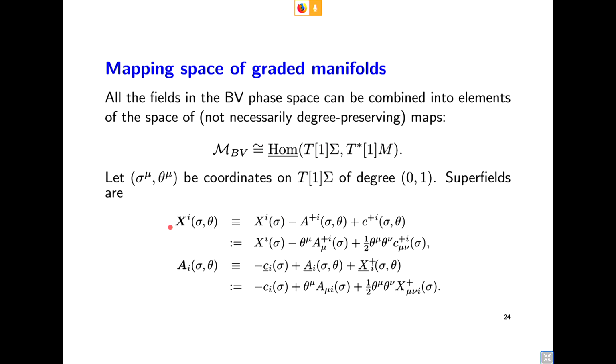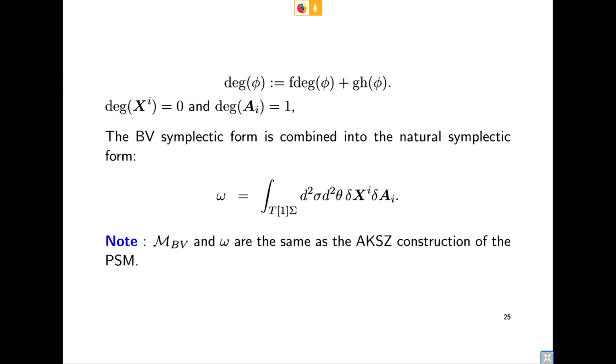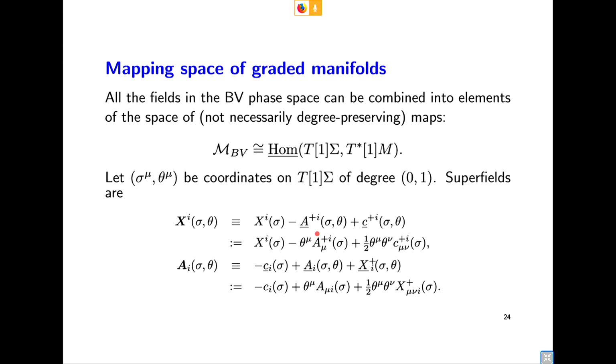The local coordinates are bold X and bold A. This is the combination of each of the fields in the normal BV formalism, like this. This is the same as the case of the Poisson sigma model. The total degree is defined by the sum of the two degrees, the ghost number and the form degree. And the BV symplectic form,